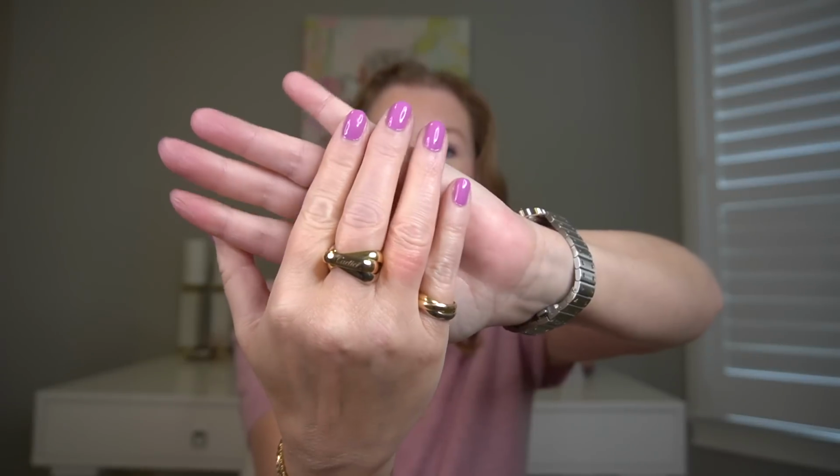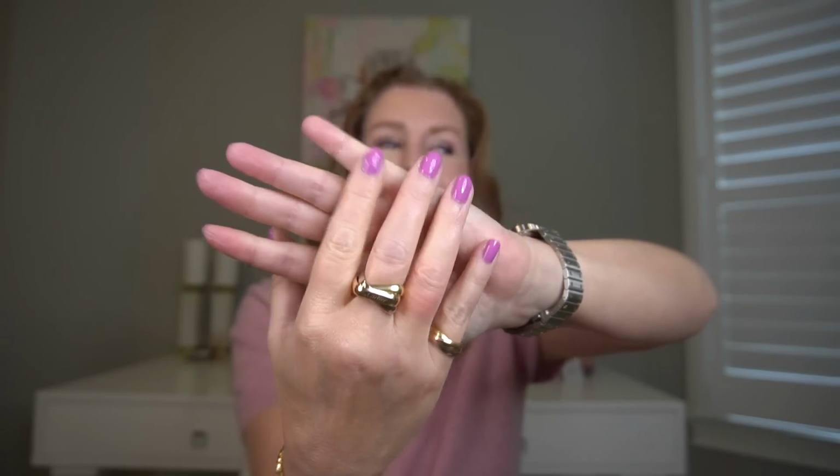I remember somebody said about the Hermes ring that I got, that one is actually way too big. I can wear it on both fingers and it's super loose. So I'm gonna have to take it to my local jeweler and have it sized. But somebody was like, that is a chunky ring for sure. But clearly I don't always go for dainty, so it works out for me. But the price was